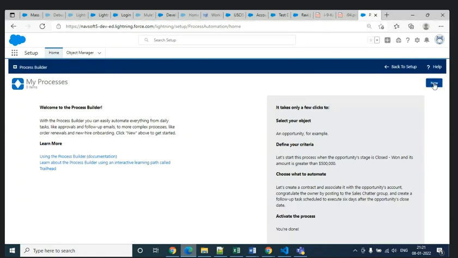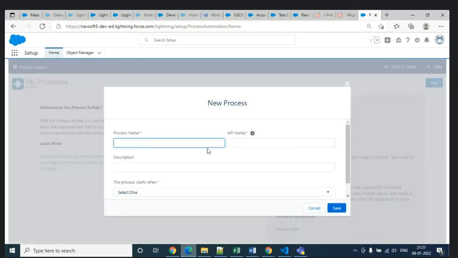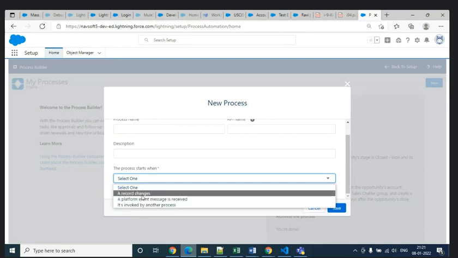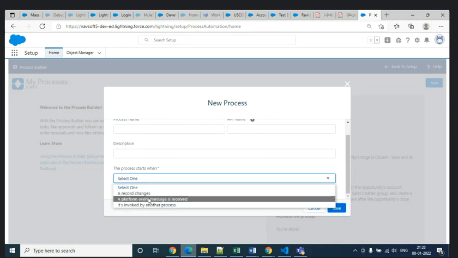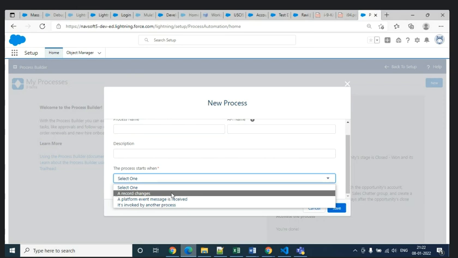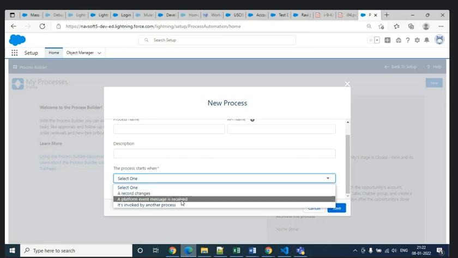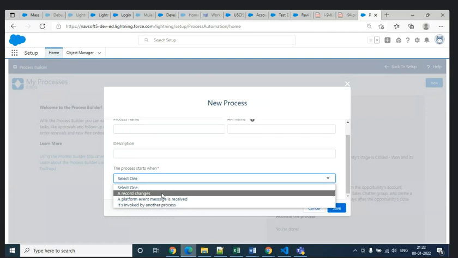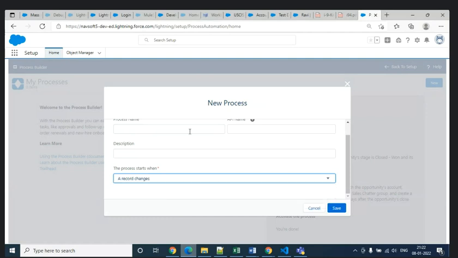Let's click New. It will open a process builder section. Here you can provide the name, description, and select what kind of action you are doing: a record changes, when the record changes happen and then you want to perform something on it, or when the platform event message is received, or invoked by another process, meaning one process builder can be invoked by another process. For now you can target record changes, and target the contact object.